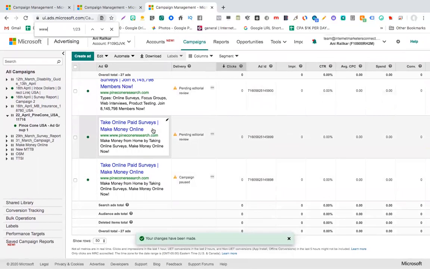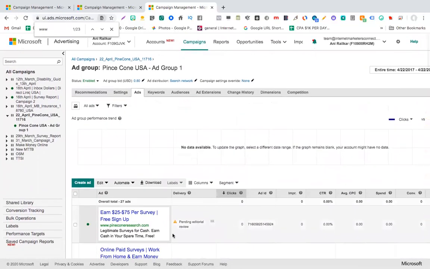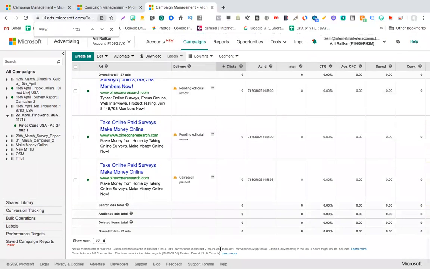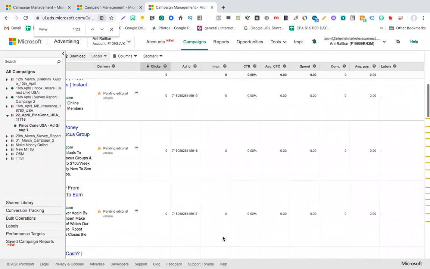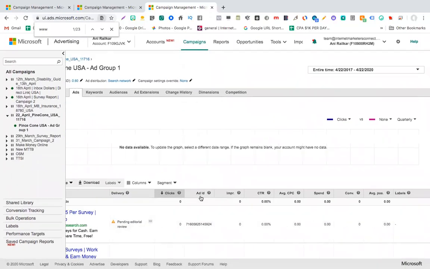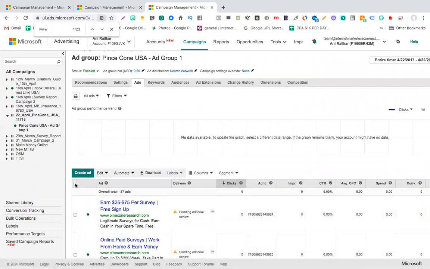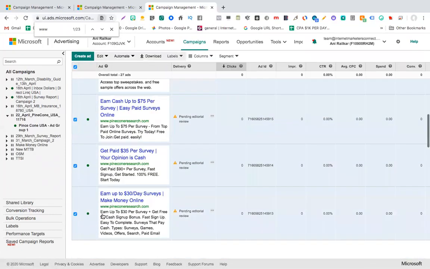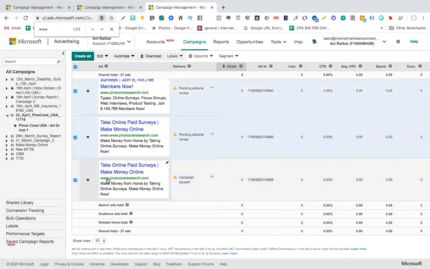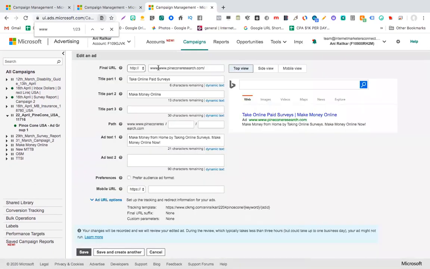I don't think there are 27 ads on this page, so I think I have to move to the next page maybe. All looks good to me so far. Select all. Okay, this is that ad. So here I just want to remove the extra